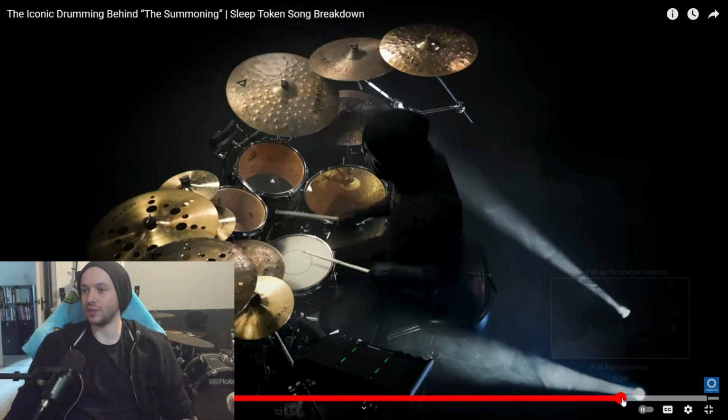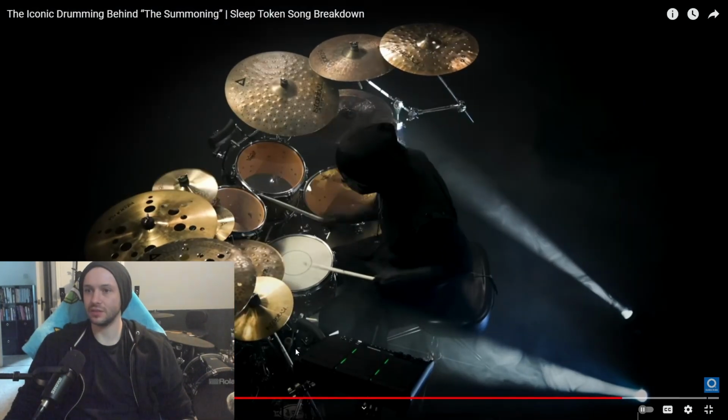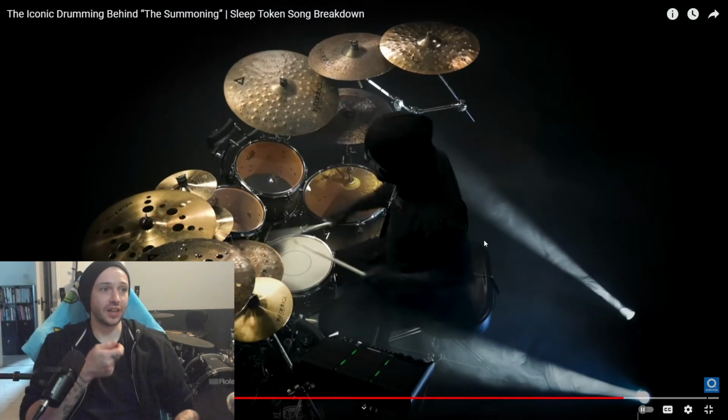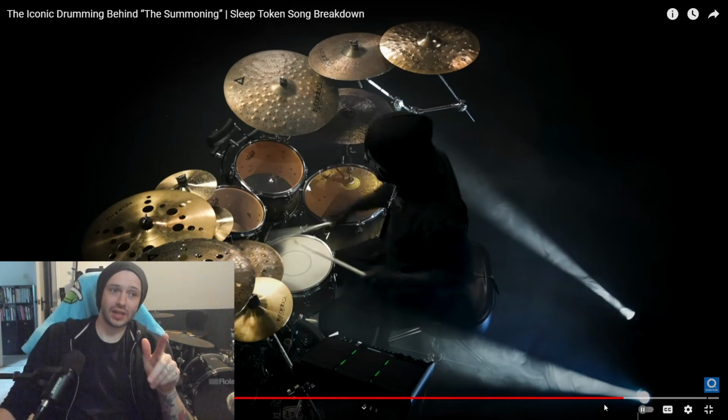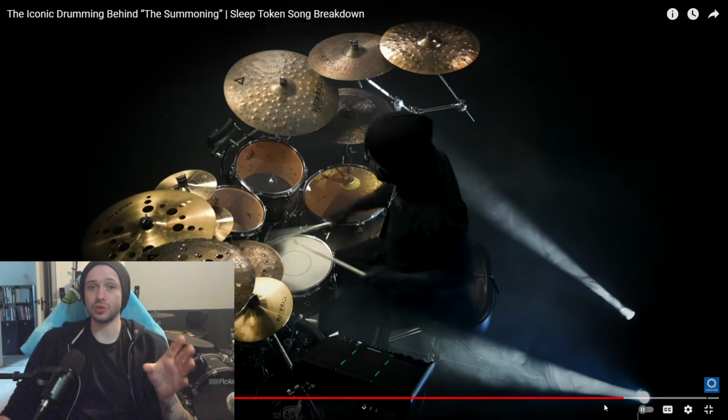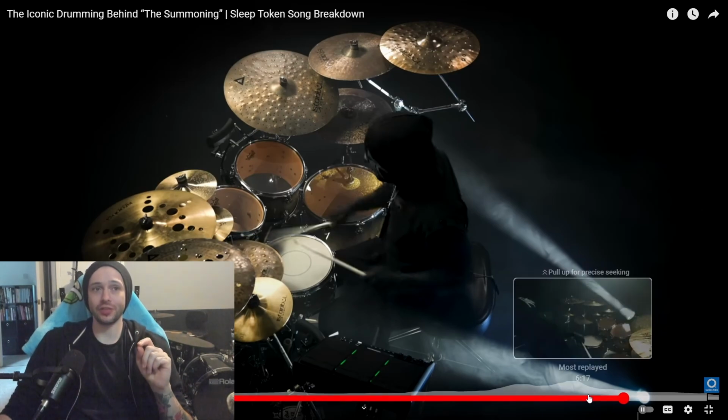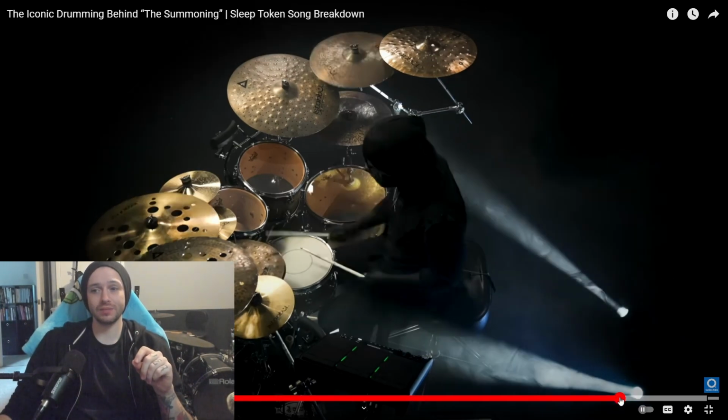Really nice ghost note accents there. That right, left, left, right. Doop doop doop doop. But those ghost notes are there. In the previous video, I think I said that the ghost notes were there, but they were inaudible. These ones were audible. So they were ghost notes, but they're not quite full.